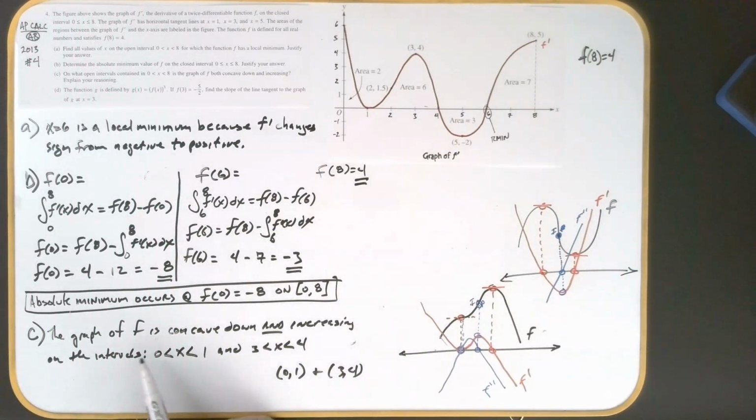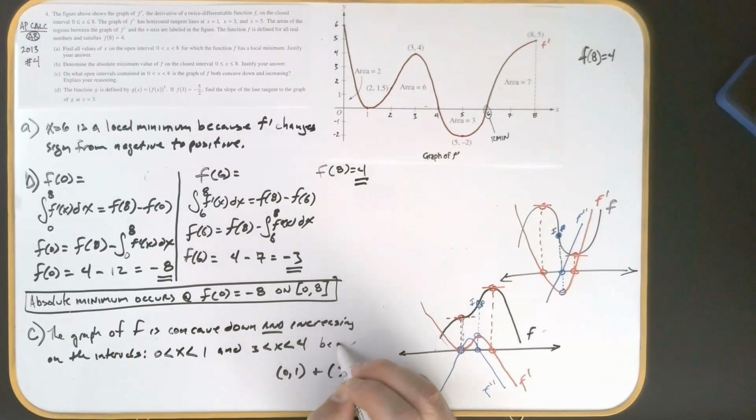Now the reason I'm not including those endpoints there, especially on 1, is that it's actually 0 right there. And so at the endpoint, it's not continuing to decrease there. And on 3 and 4, it's the same thing. At 4, it's actually 0, and there it's the peak. They might actually give you points there for having it anyway. But the reason is the graph of f is concave down and increasing on these intervals because,